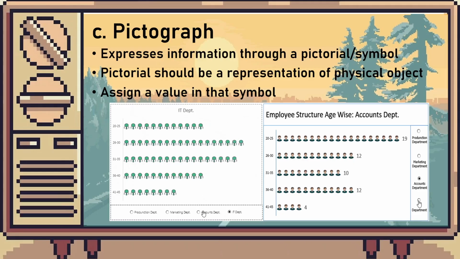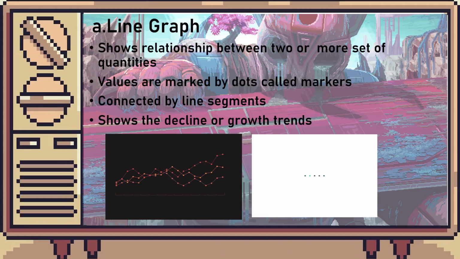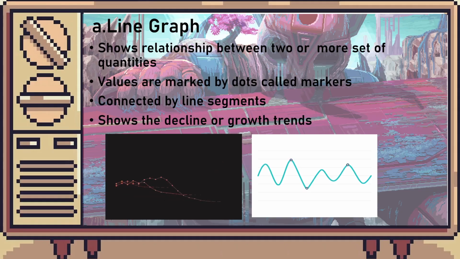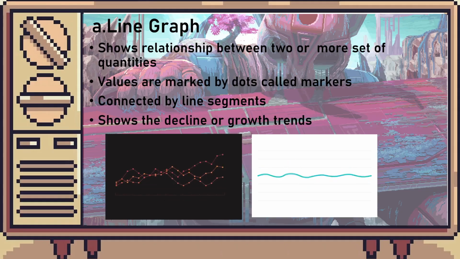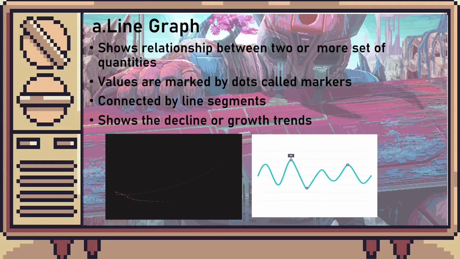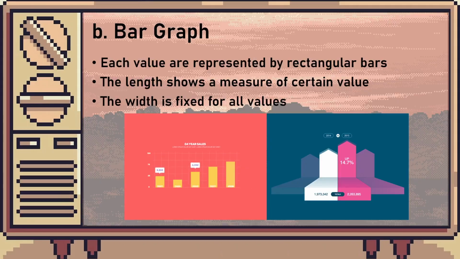And as I have said earlier, it's easier to parse the information at a glance compared to, say, your bar graph and your line graph, especially your line graph. Your line graph sometimes would look very complicated because you're just connecting dots and lines. And if you have multiple lines and dots, it gets convoluted and would mess things around. So if you're trying to compare stuff, maybe go for bar graph.